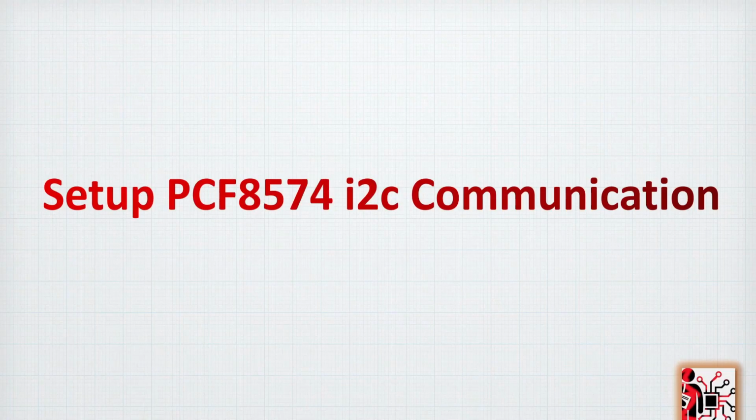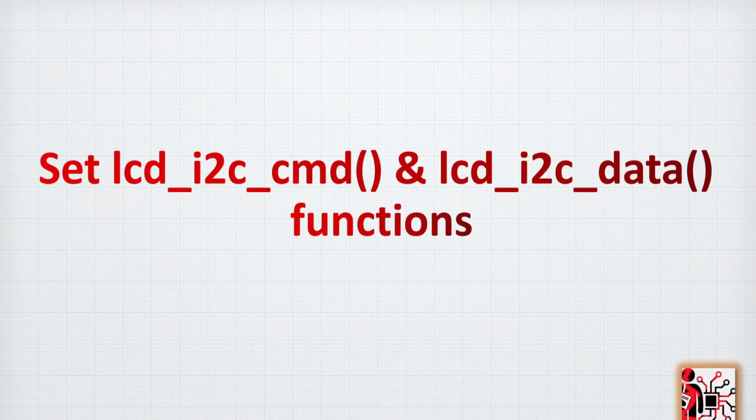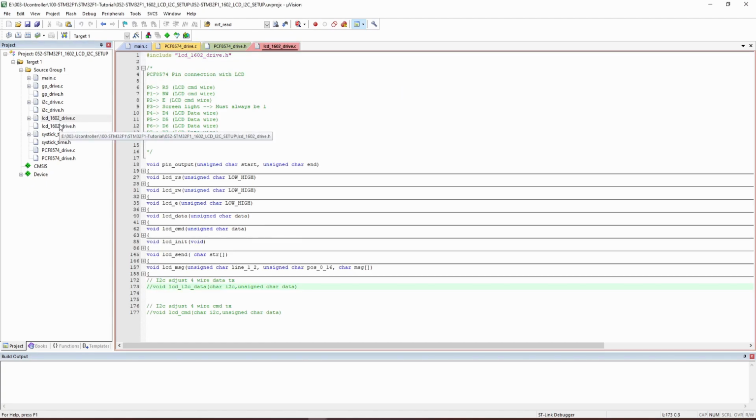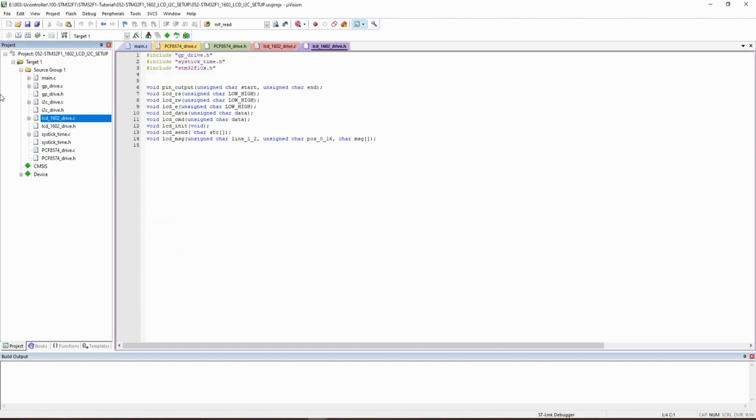So we just completed the PCF i2c communication. We can now go carefully to the other side, where we are going to add the new LCD i2c command and i2c data functions using the PCF drive. So now that we do have the driver ready, we can jump and open both the 1602 drive and the header too. So let's add here an include